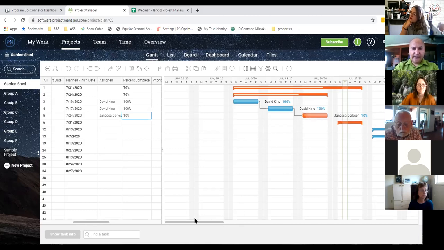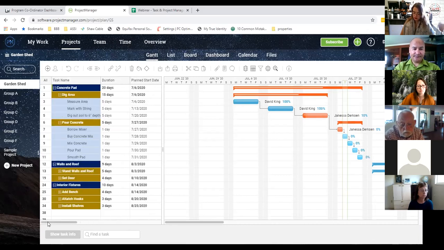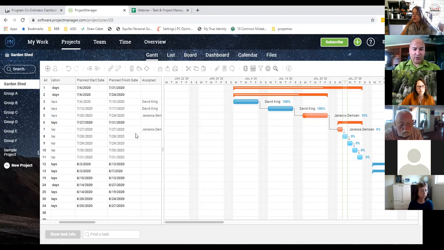Without going into too much detail on Gantt and such, the theory is the same. You put into here basically what will be in your Kanban board. These are all your tasks. Your deliverables are in gold. Your tasks are in white, well, blue: mark area, mark string, dig out soil, and these are all dependent on each other. For the concrete, you're doing these tasks as well, and you allocate the personnel accordingly.